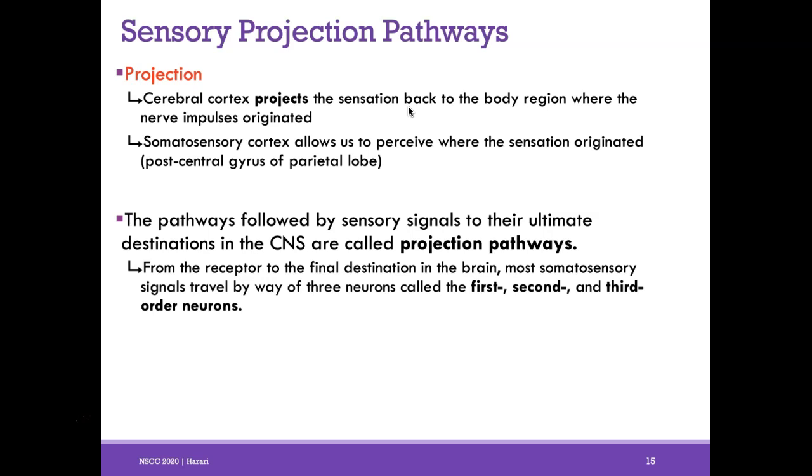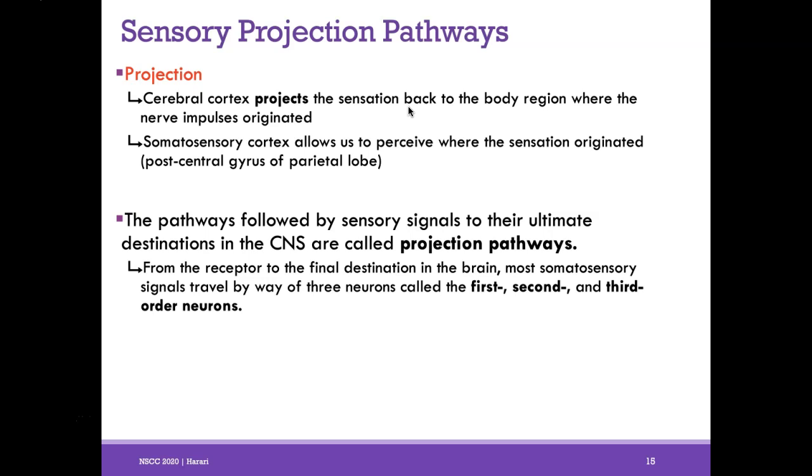So when we press our left finger down, that message is being sent to the specific location in our postcentral gyrus of our parietal lobe that's responsible for our left finger. And then when that part of the brain gets activated, it gets projected back to our left finger, so we feel it in our left finger. It's a little complicated,